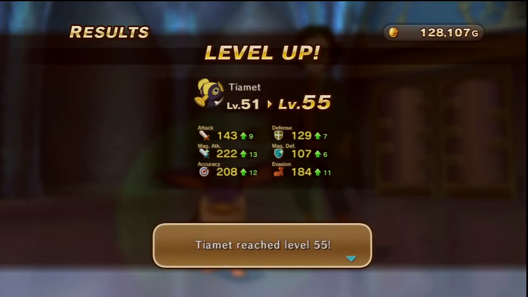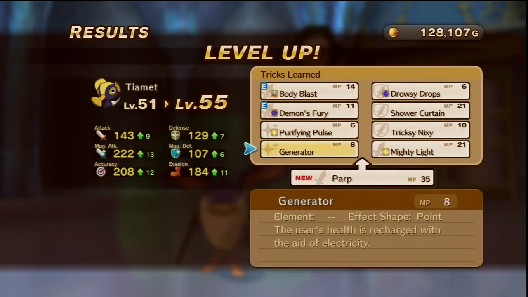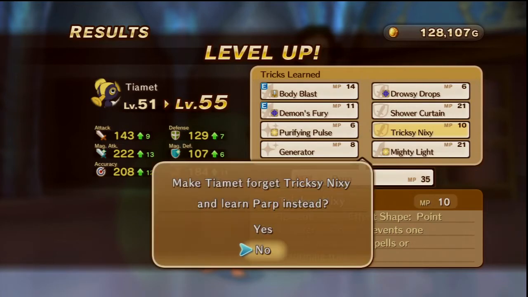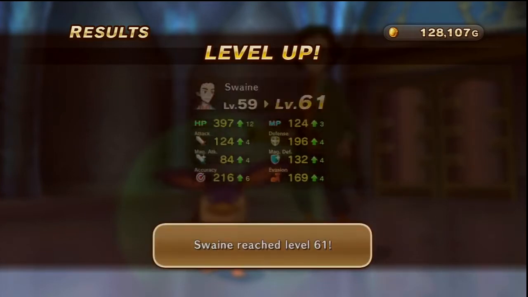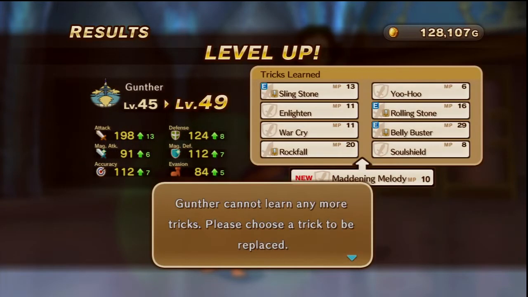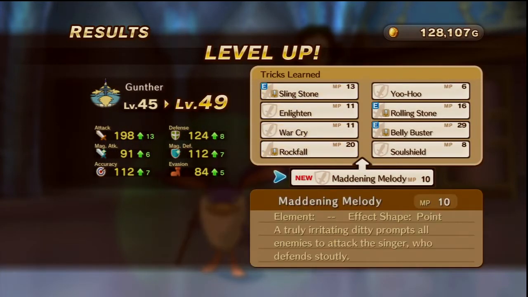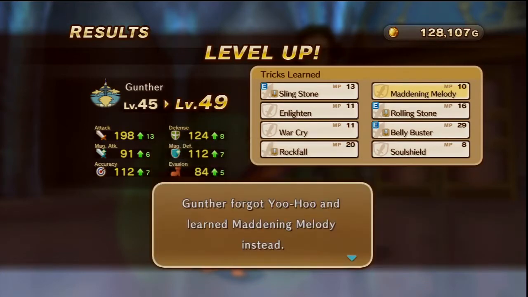Oh, Towering Inferno. Parp. What's Parp? I need to know what Parp is. An explosive wave of sound deals physical damage to all enemies. Okay, that sounds great. Yeah, Parp it is. Parp really sounds like a medical condition. It sounds like a medical term or something. Maddening Melody, okay. A truly irritating ditty prompts all enemies to attack the singer, who defends stoutly. Okay, that's kind of cool. Well, it seems better than Yoo-Hoo, so we'll...